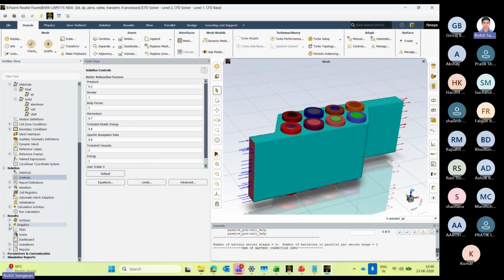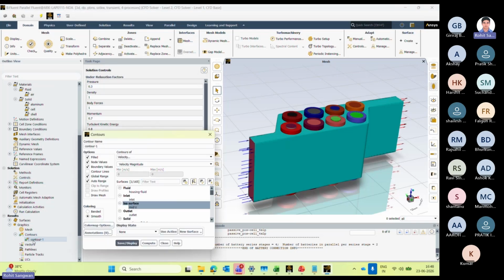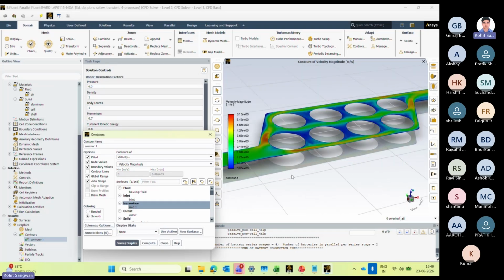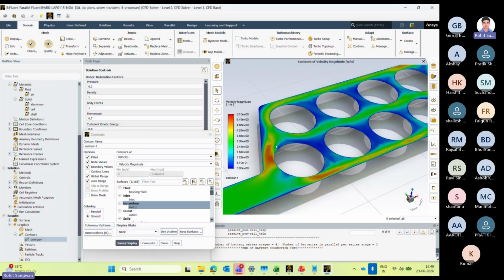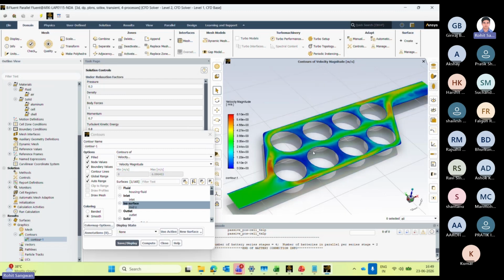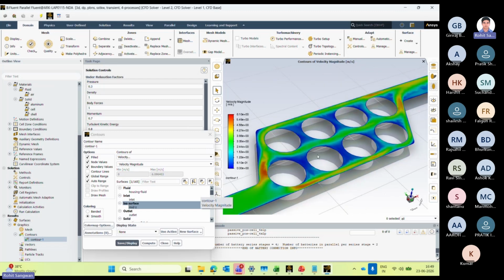So you can see I will show you the animation of contour. So like this, you can see the velocity variation, how the velocity will vary. Same way you can check the vector also. So if you want to see with respect to cells, what you can do, you can click on the draw mesh,